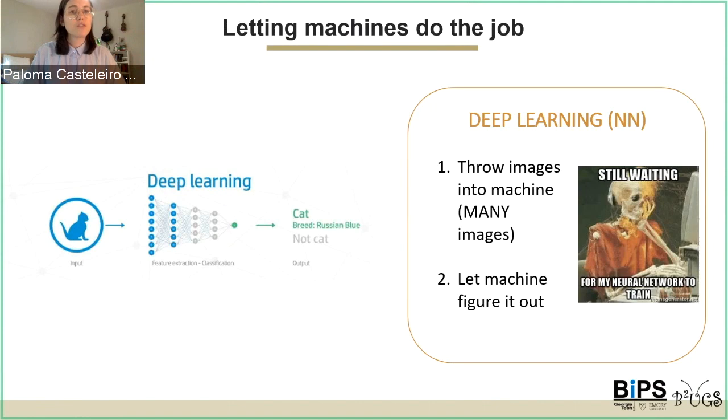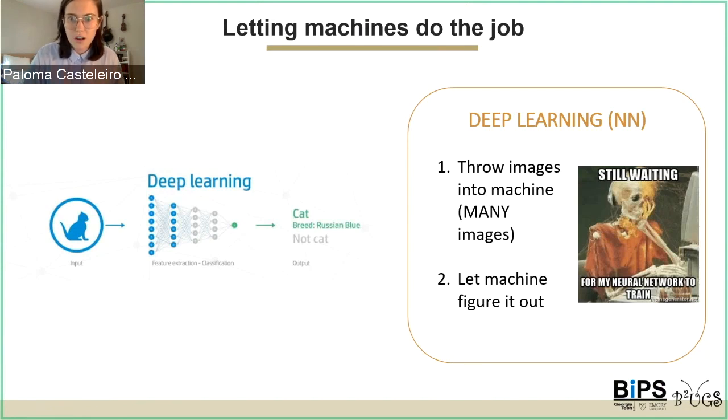So before, with the machine learning algorithm, we were throwing a cat image in, and we were asking the machine learning algorithm, is this a cat or is this not a cat? Now this deep learning algorithm can tell us whether it's a cat or not a cat, but it can also tell us what kind of cat this is, which sounds like a very complicated problem, but it is solvable if you have enough data. So this is kind of like the very, very basics of what these automatic segmentation and